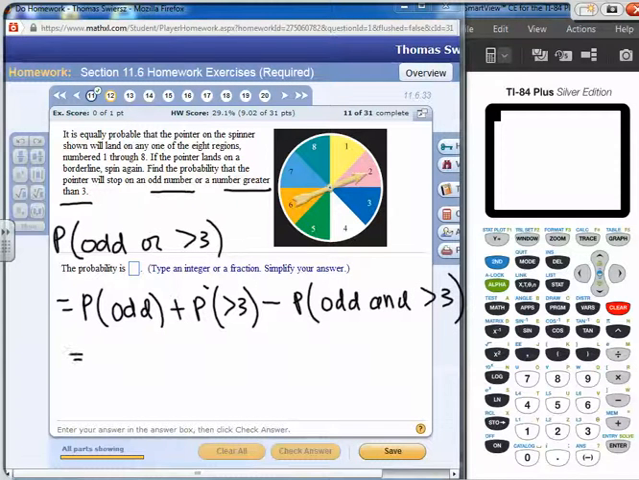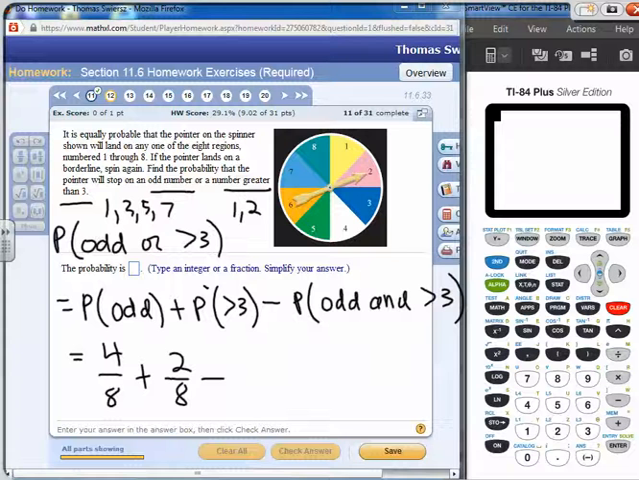So again, probability of an odd, odds are what? 1, 3, 5, and 7, right? So there's 4 odds out of 8. Probability of a number less than 3, only numbers less than 3 are 1 and 2. So it's 2 out of 8. And the overlap,